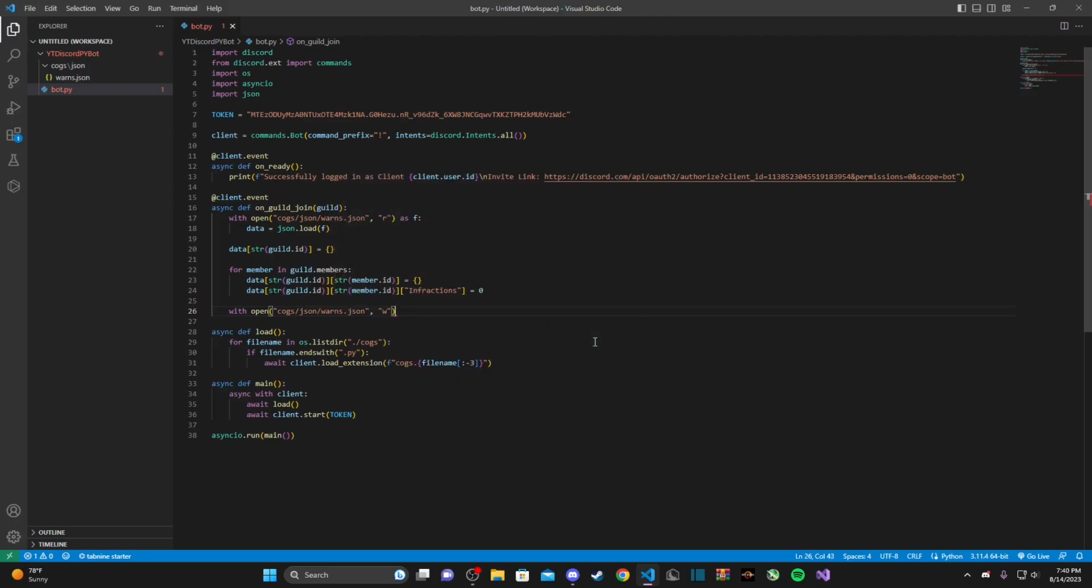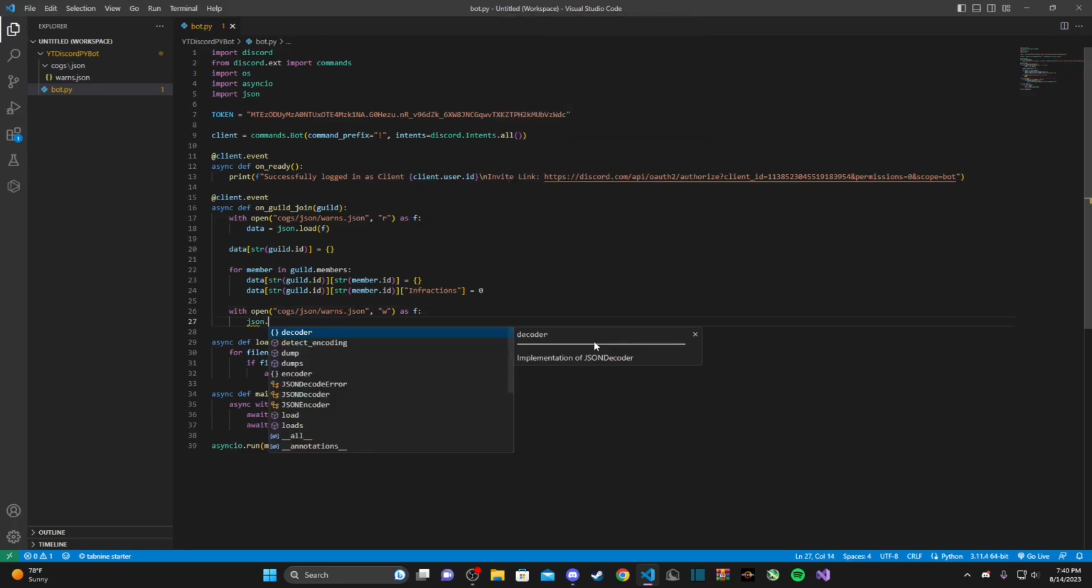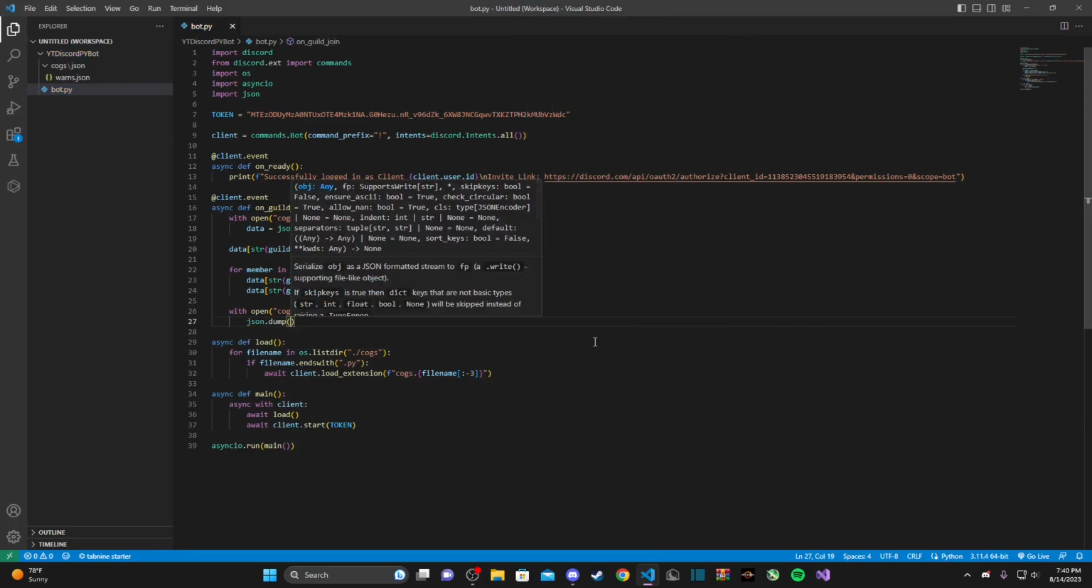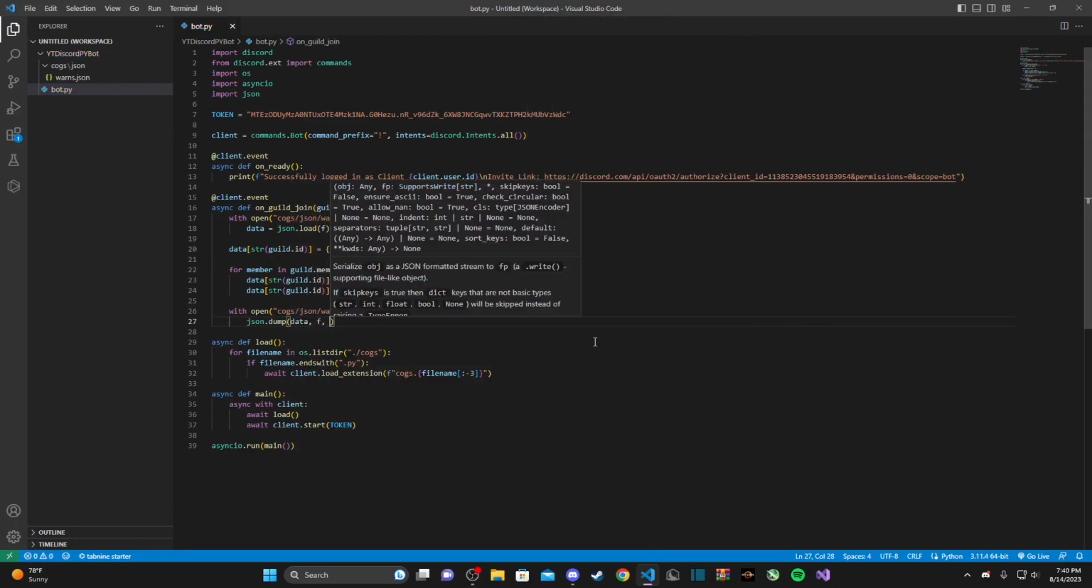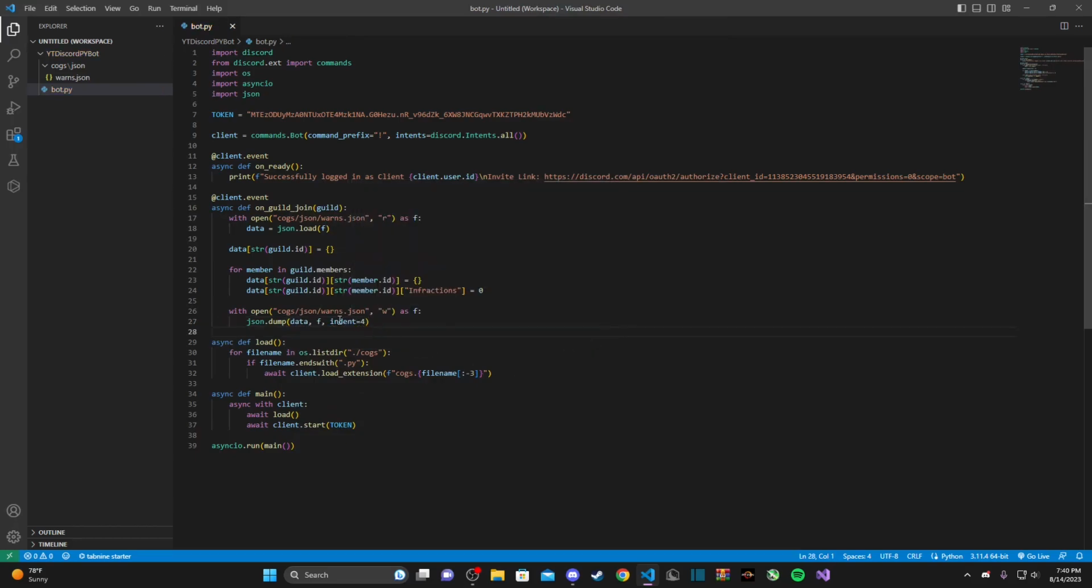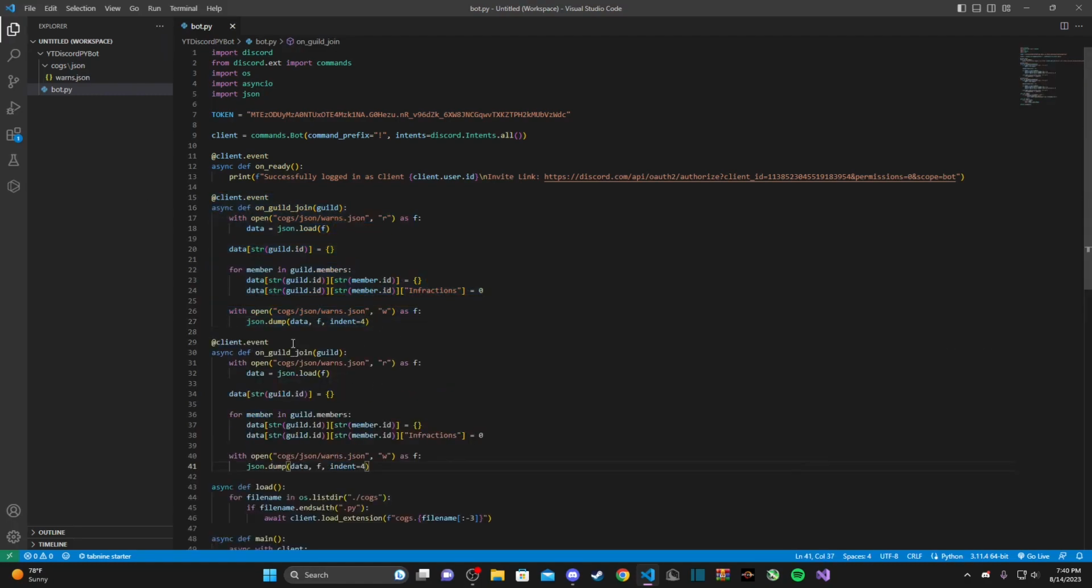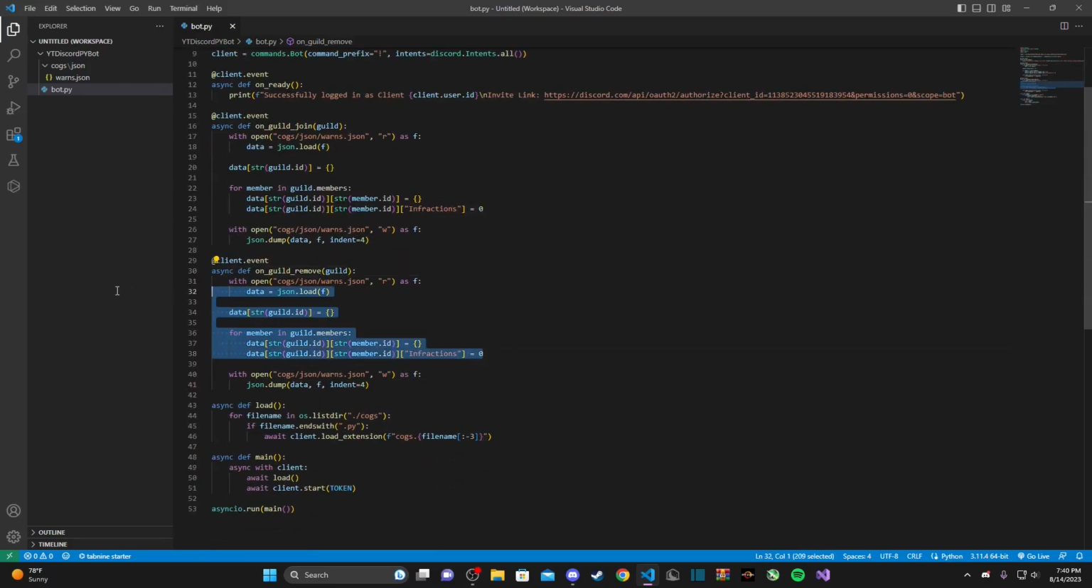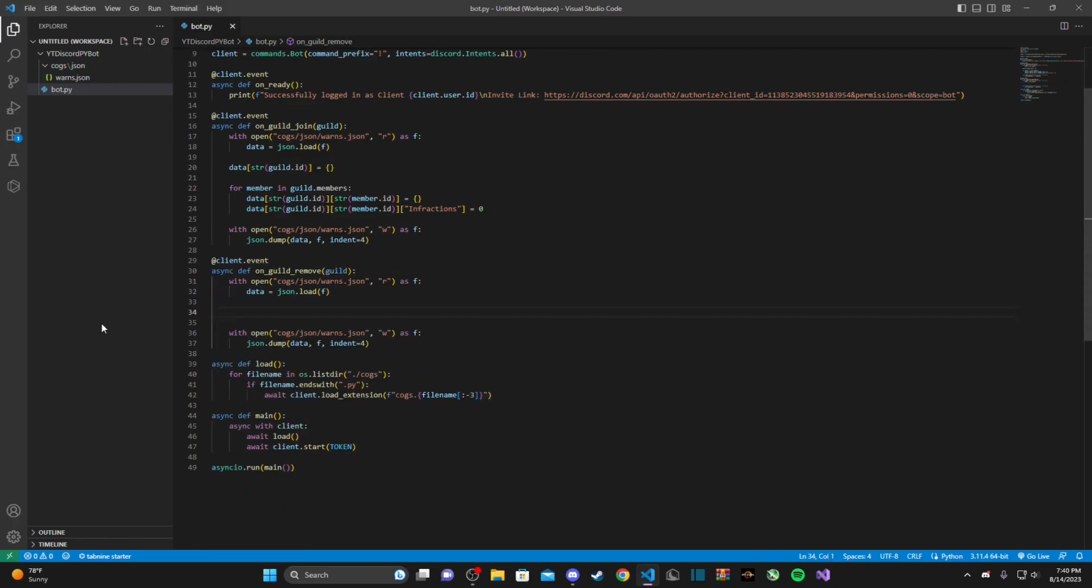Obviously, if we're saving, we want to open it in writing mode. And then dump it into here, with an indentation of 4, so that way when it indents, we have 4 spaces, like we would while programming. And after that, we can go ahead and copy and paste this just under here, and then change this join here to remove. Instead of this for loop, we can just get rid of that and then just type in data.pop